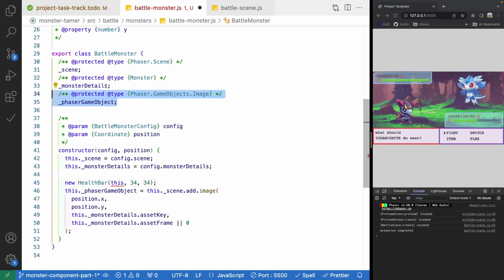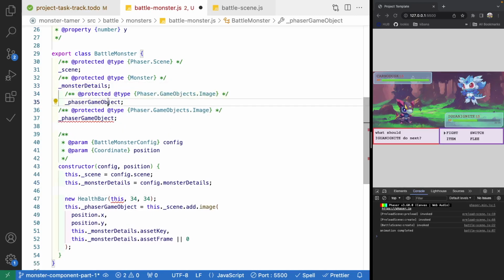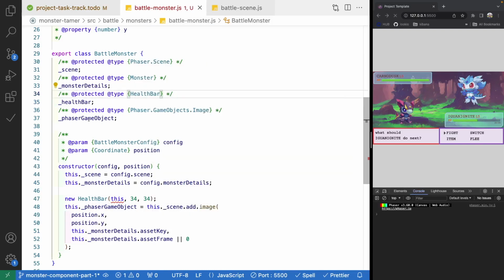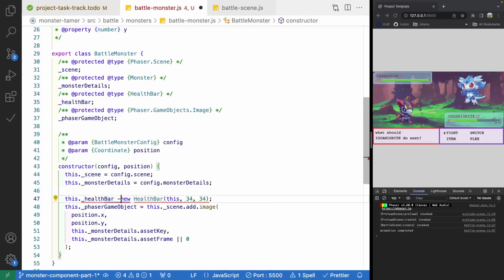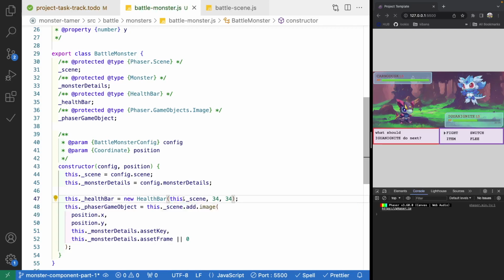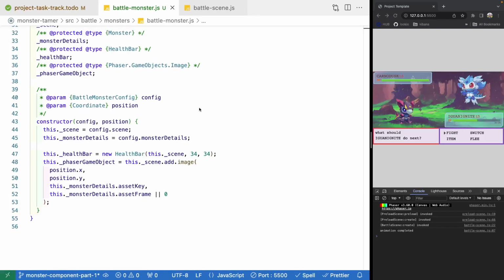So what I'm going to do is just copy this. And we will have our health bar. And this will be our health bar. So then we'll just set that equal to it. And we won't want to do this, we'll do this scene. Alright, so to make sure everything's working, what we're going to do is